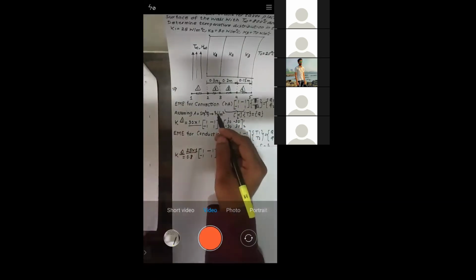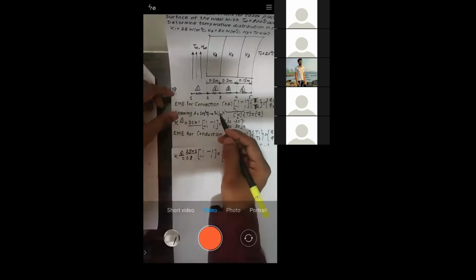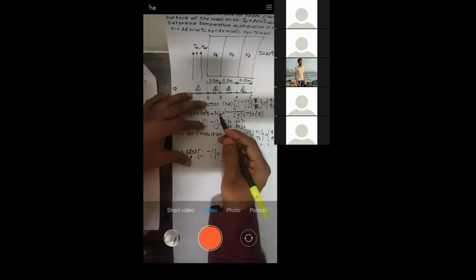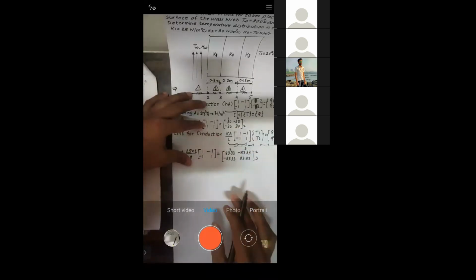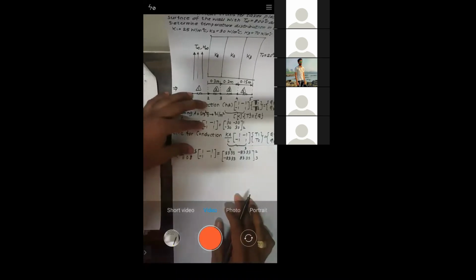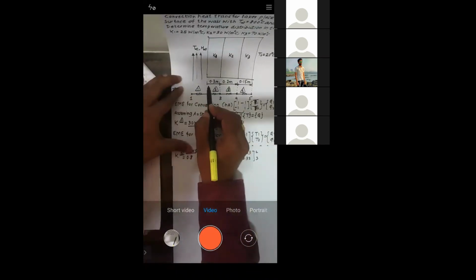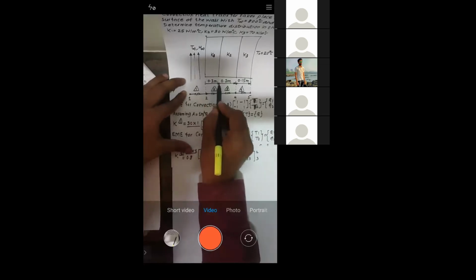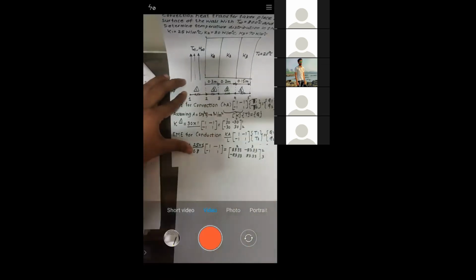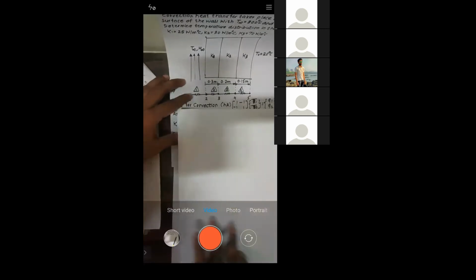Yes or no? Sir, the lengths are different for each element, so we cannot assume the same area for all of them, right sir? But for K1 also we assumed 1. I am not getting why you are relating the length to area. See what I told you: length is the thickness. Length is nothing but the thickness through which heat is flowing. Now if you ask me what is the area, I will let you know this.